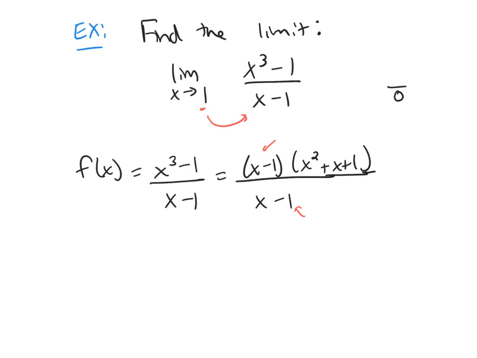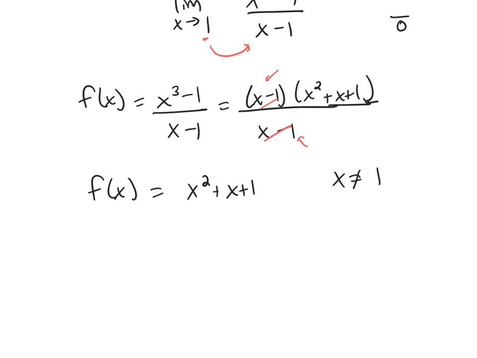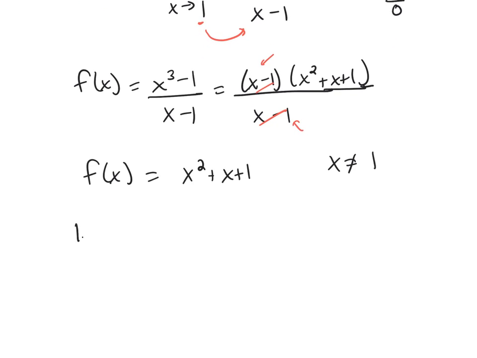So f of x would be, if I canceled those, x squared plus x plus 1 as long as x is not equal to 1. And remember, when we're taking limits, we aren't thinking about x. X is not really allowed to be 1. We want near 1, not equal to 1. And so because of that, when I'm computing this limit,